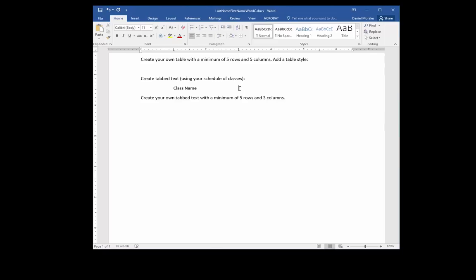Now I'm going to type some text. I'll press tab again. I can type in more text, and notice that since I created a right tab, it creates the barrier on the right hand side, and the text moves to the left. Now when I press enter on the keyboard,